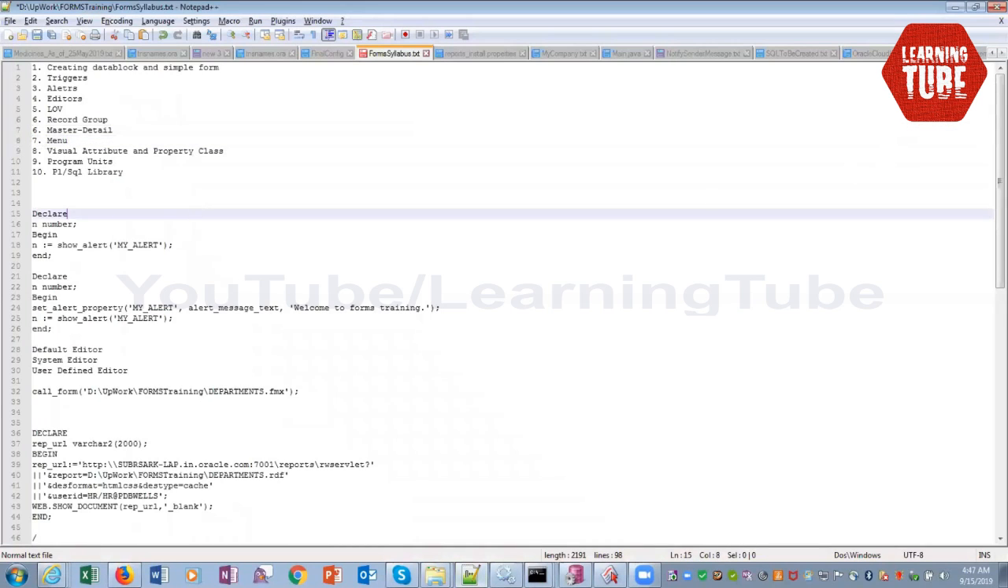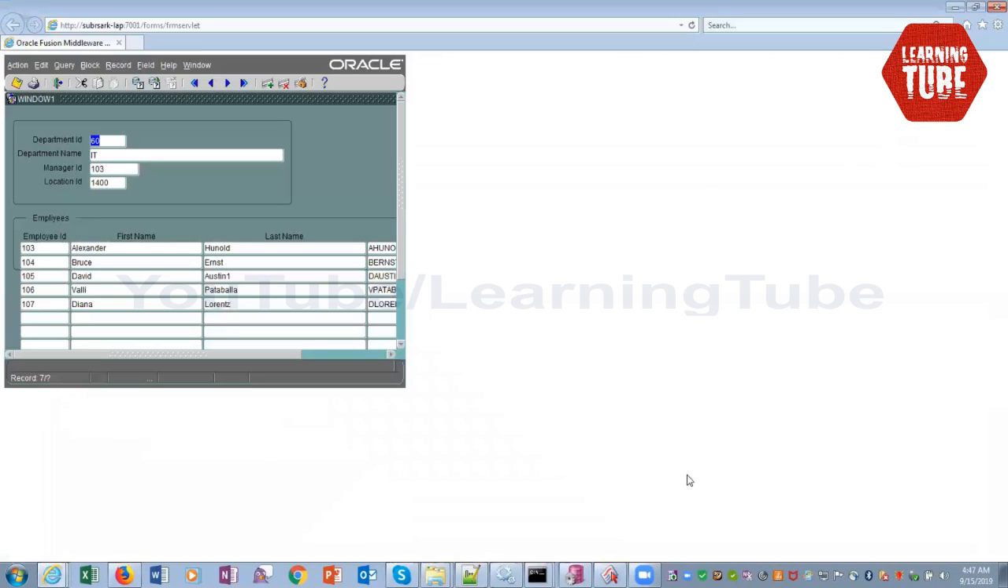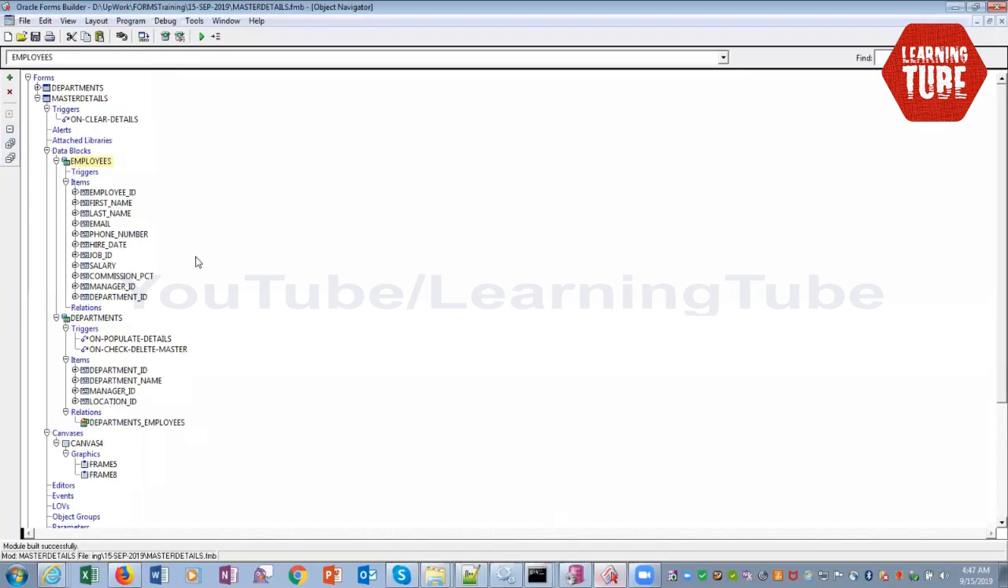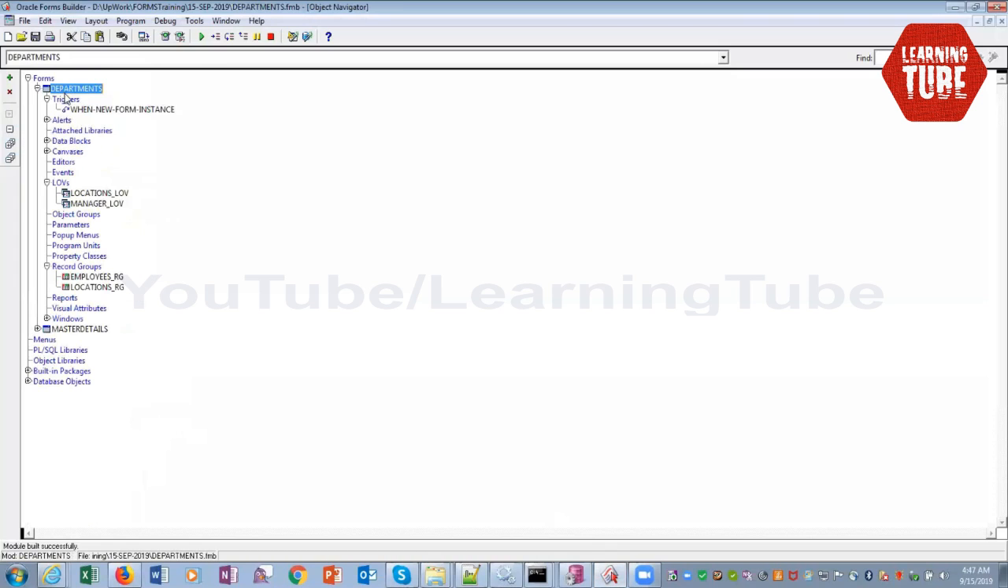Menus. When you talk about menu, you can see this action, edit, query, block, record, field, help window. This menu by default appears in every form. In the form,